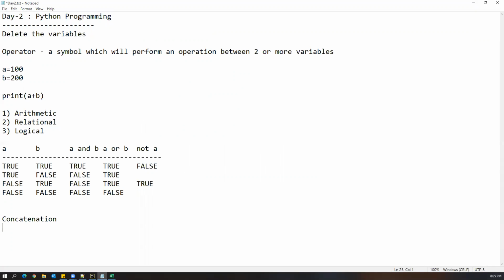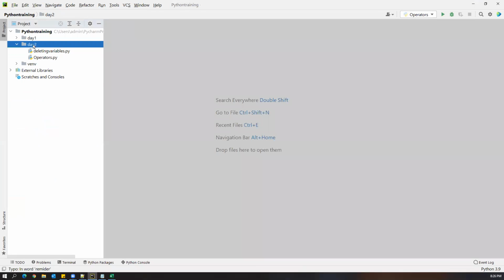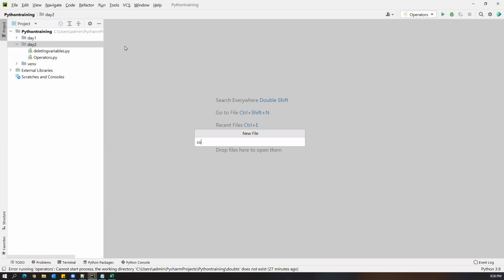Concatenation. This is another most important topic. Let's understand what is exactly meant by concatenation. So directly, I'm just going to program. Let's create a new Python file. I'll name it as